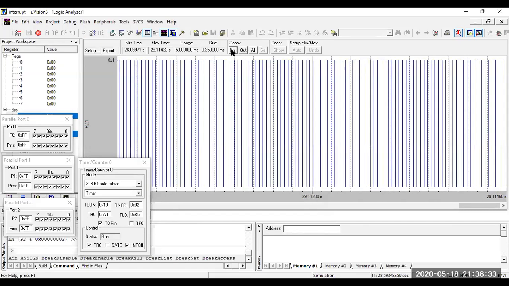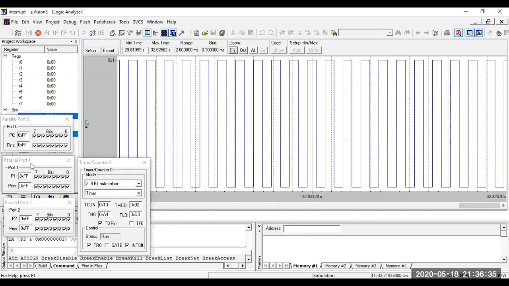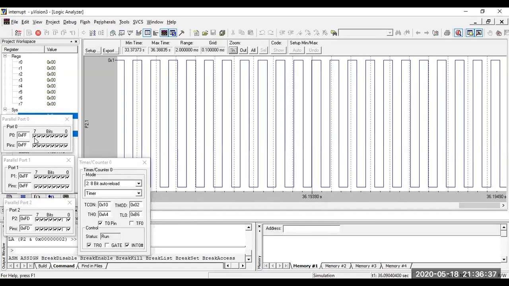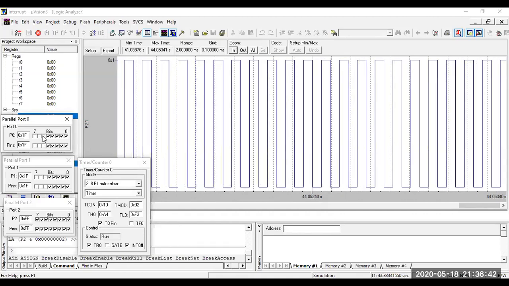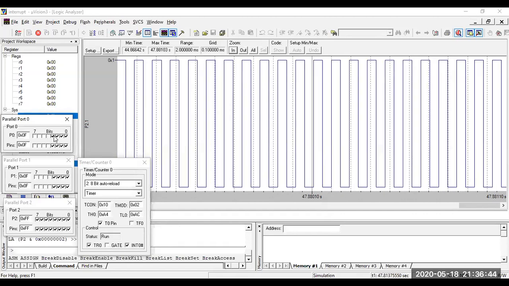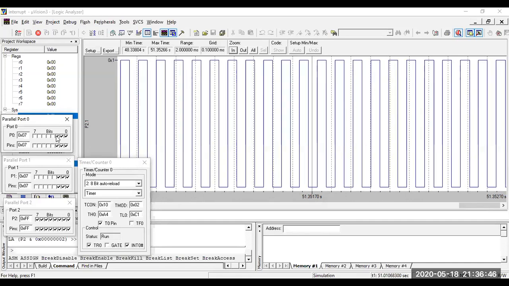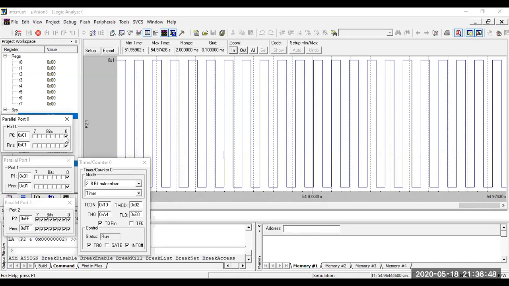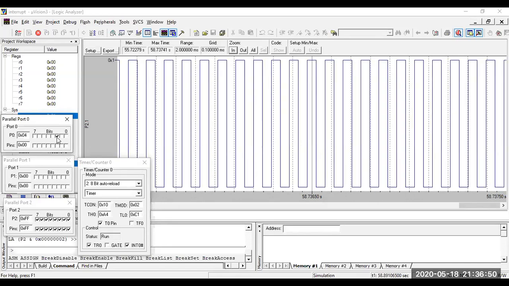Every time you are getting the clock signal at port 2.1. Whatever the pins I'm giving to port 0, those pins are coming to port 1. See here. So here this pin.